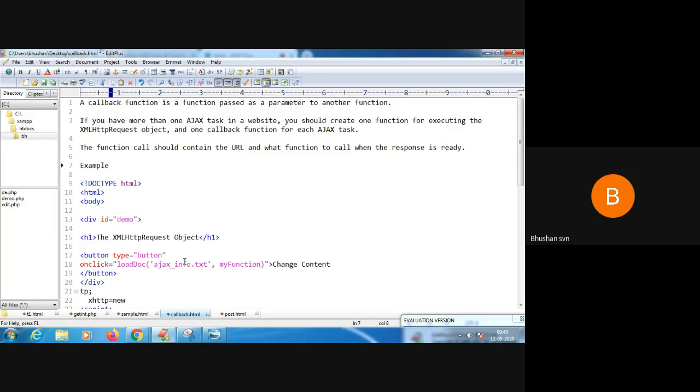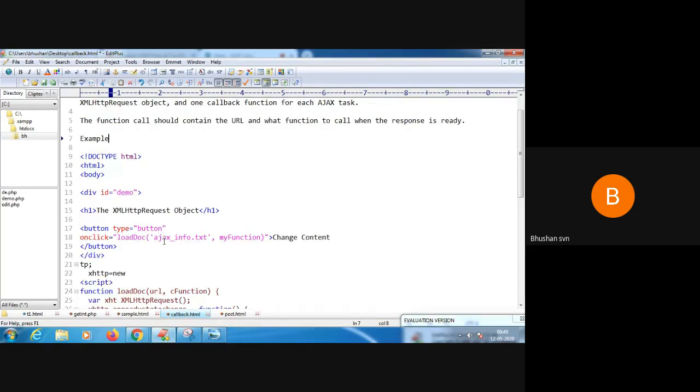Again, here the same information will be available in the text file. I have a button. On clicking that button, I'm calling a function called loadDoc.